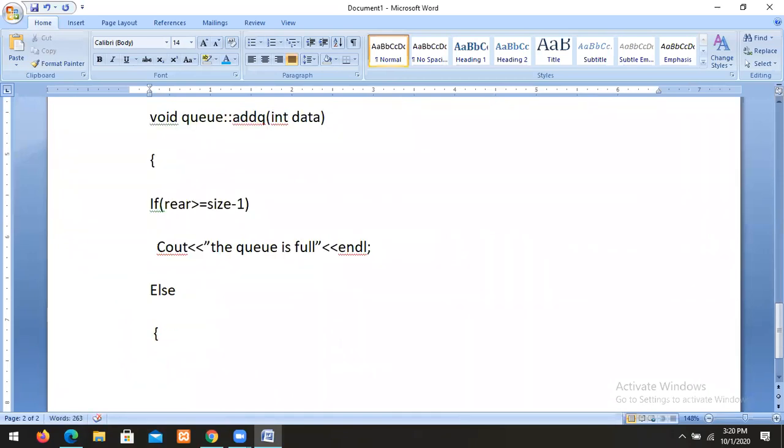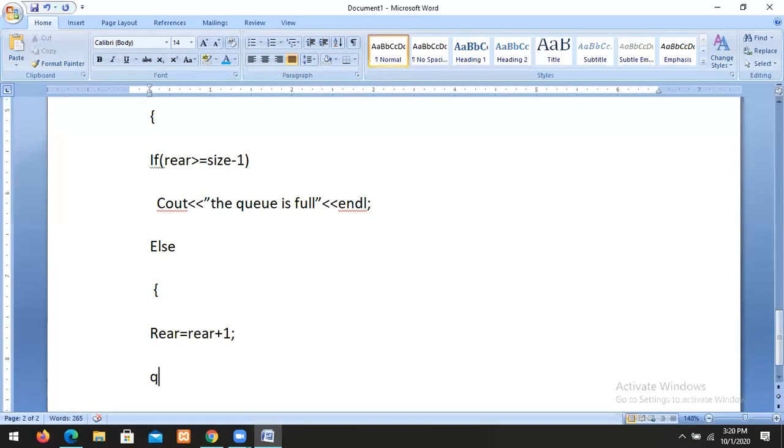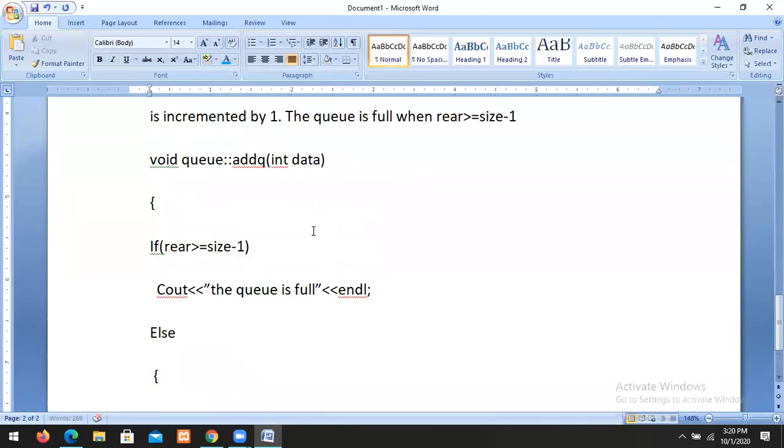Otherwise, we can insert at rear. For each element insertion, rear is incremented by 1. Rear equals rear plus 1. Queue of rear equals data. So this is the method.